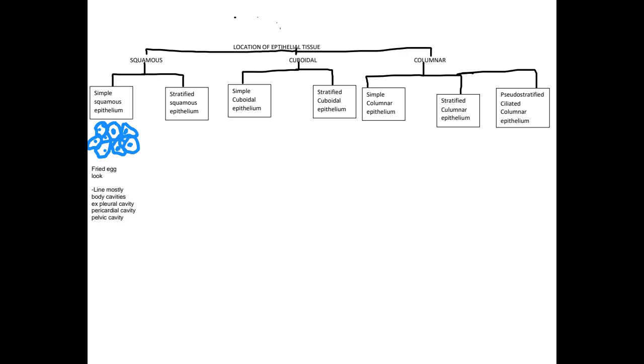So the extreme ends of the body are going to be, extreme top would be mouth, esophagus, and then all the way in the bottom would be rectum, anus, and then in females, the vagina is lined with stratified squamous epithelium. And then simple cuboidal,